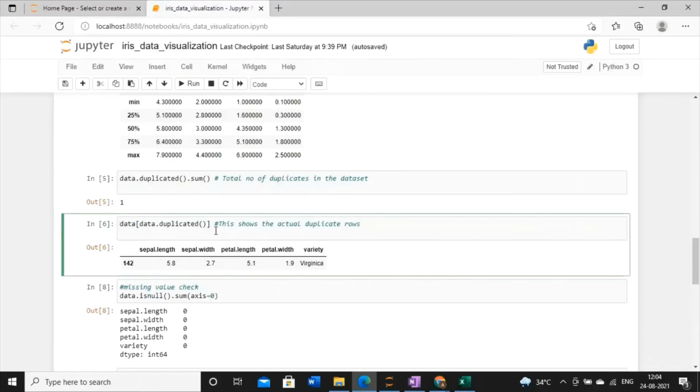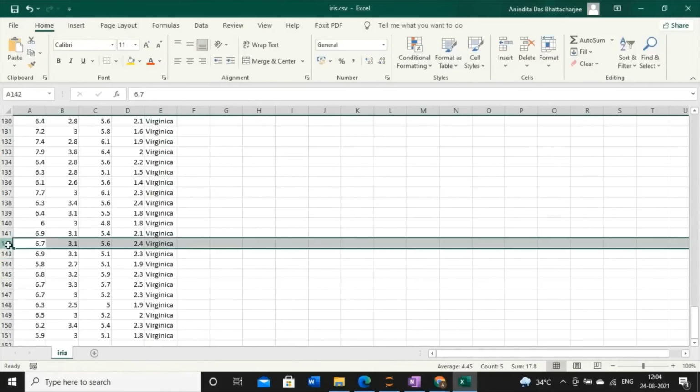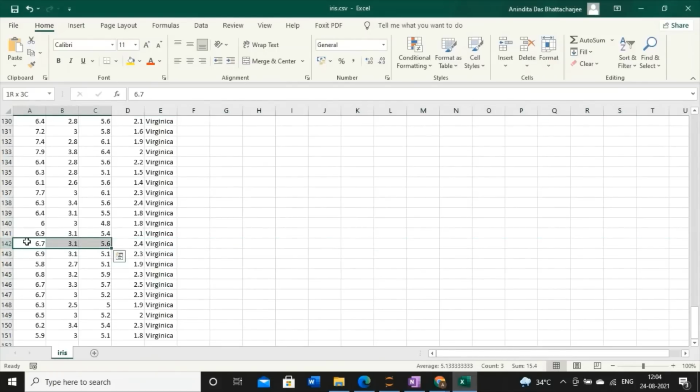If you follow this syntax, then you will be able to identify which row is containing the duplicate value. It is giving me the result that 142 is my duplicate value. If I go there, it's 142. So this is the duplicate value. It means I already have this value in my data set.